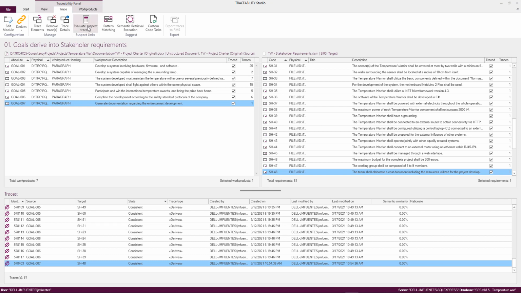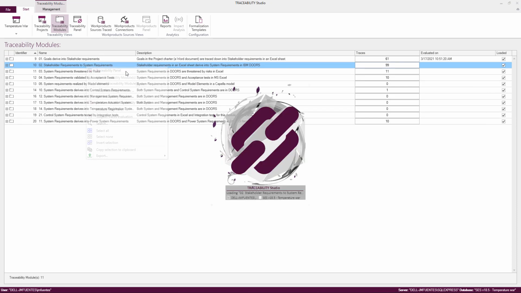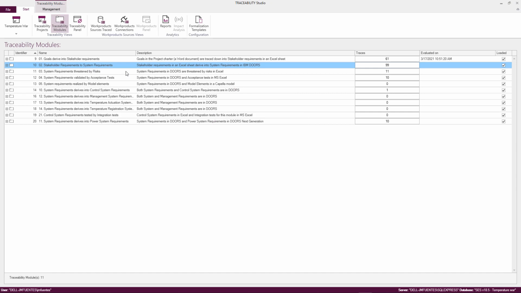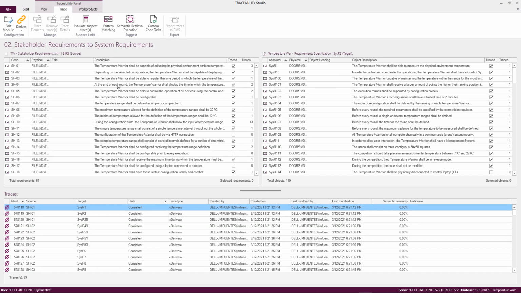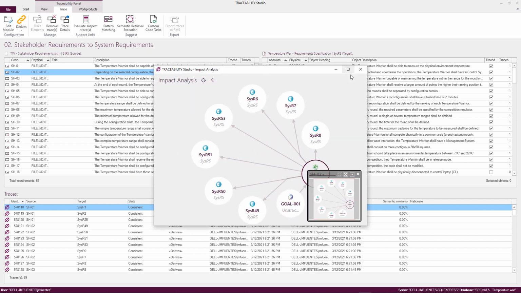impact analysis. This is the top of the derivation of my requirements, so let me change a little bit and pick, for instance, this one, which is level 2, right? So I saw the traceability panel. And then from here I can pick one of my requirements and see what is the impact analysis for this one. In here there are two